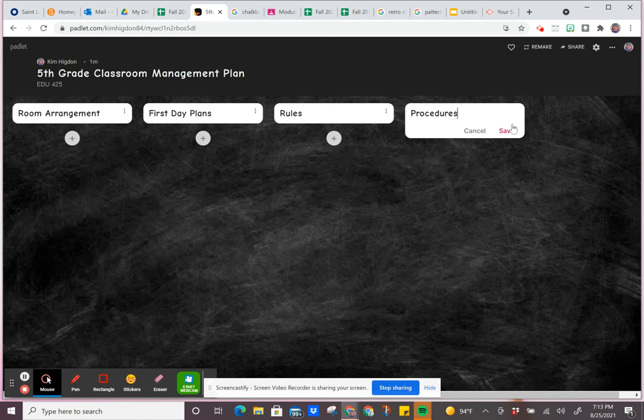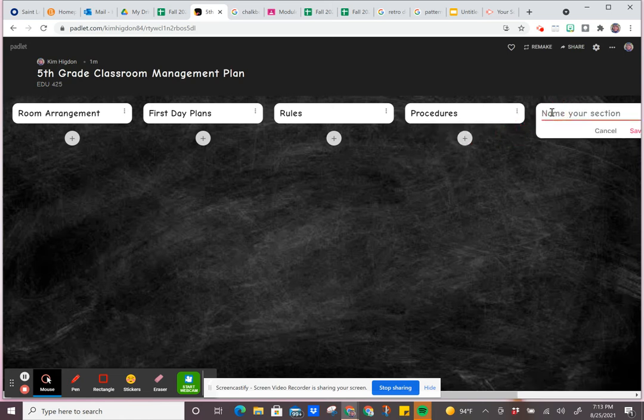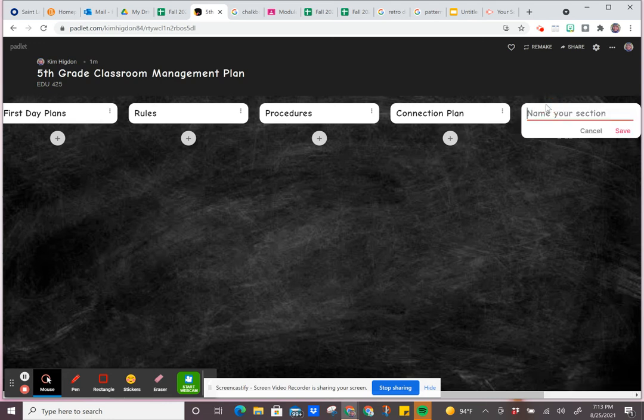Procedures. Now, this plan is something we're going to be working on throughout the semester. It is the biggest project in the class. For this module, we are just setting it up. Connection plan is the next column. I can scoot it down. It will go on pretty endlessly with columns. I've never seen anyone